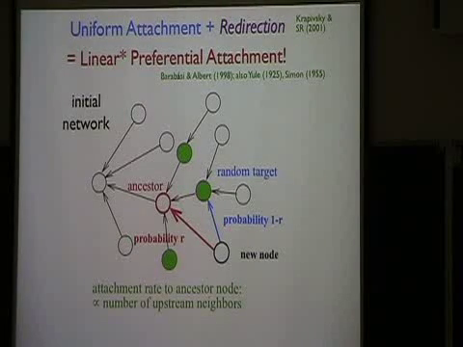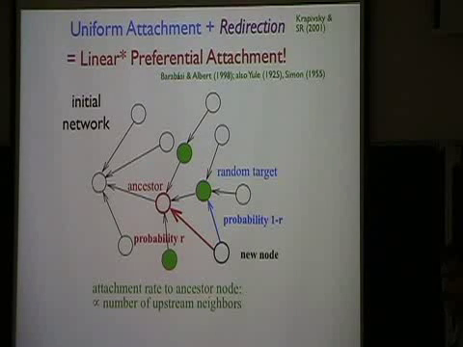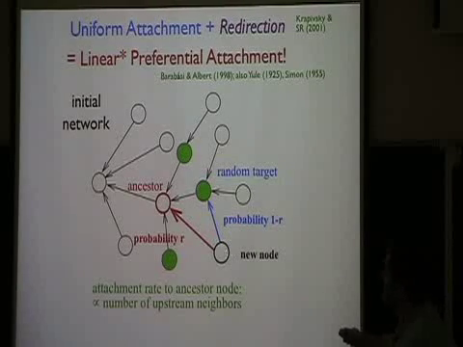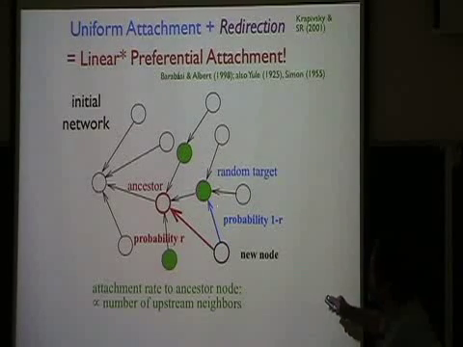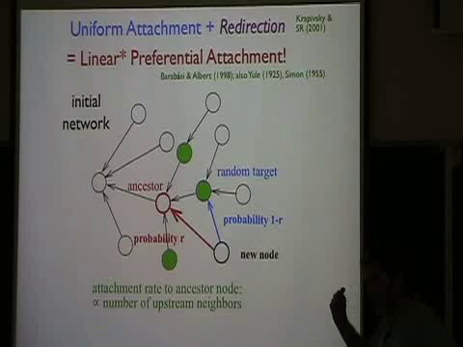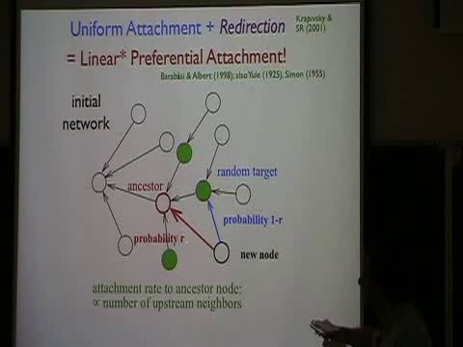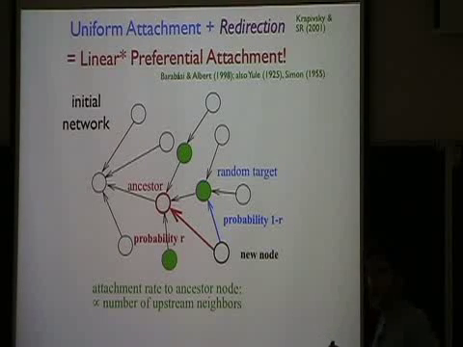So you attach with probability 1 minus r to some node. And then you detach from that node? Yeah, so the thing is that you should view this like a provisional attachment. So you begin here and you say, here's my target node. And I just say, provisionally I'll attach to it with probability 1 minus r. With probability r, I attach to its father. And that's it.